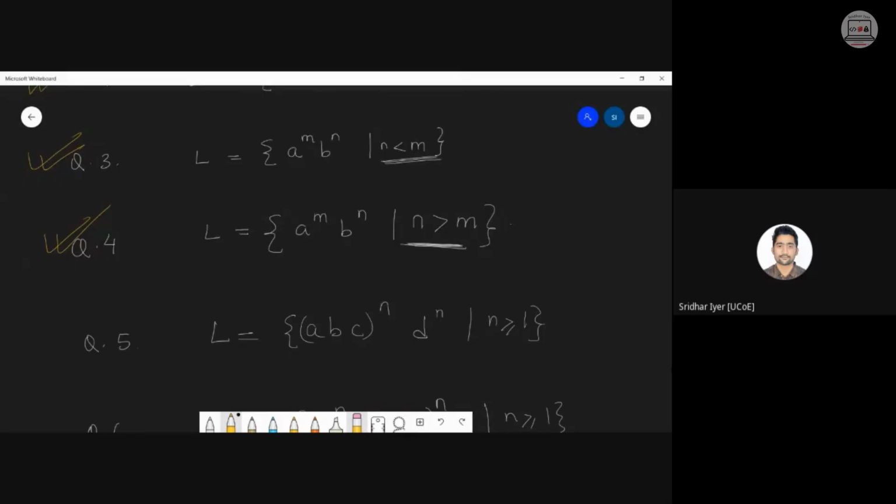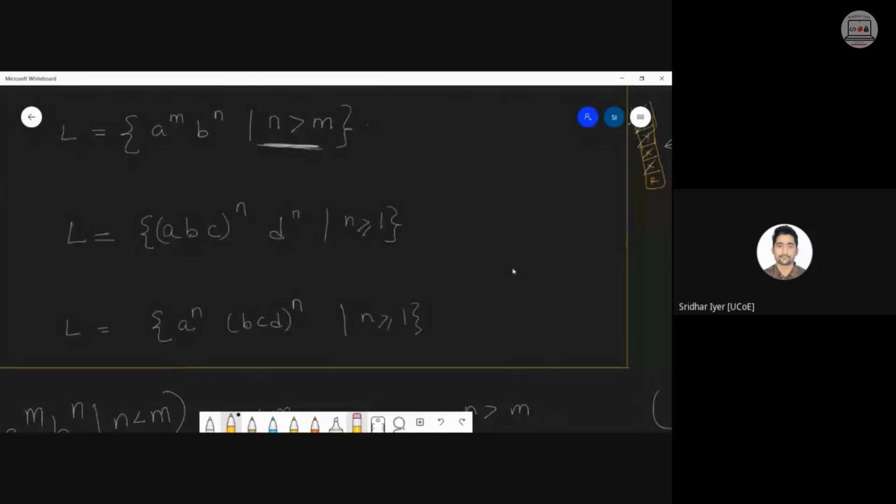No, we can't remain in same state, Manav. This is the tricky question. This is the tricky part of this question, basically. What we need to do is, for A and B, we can't remain in the same state. Otherwise, machine को समझेगा नहीं कि ये A read कर रहा है, C read कर रहा है. What we need to do is, we need to change our state for A and B. जैसे ही C आएगा, we need to push it and again go back to the same state from where we are now expecting an A. Am I clear? जब लिखेंगे तब easy हो जाएगा. I'm just repeating what I just now told you.